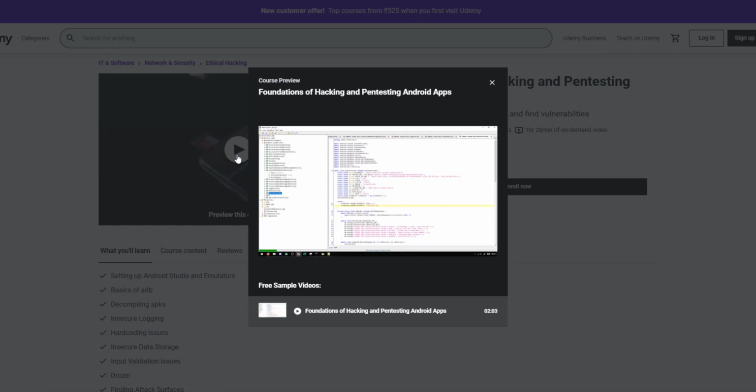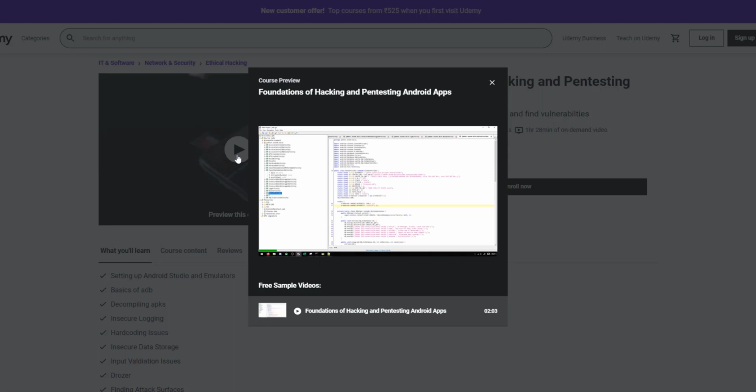My name is Scott and I'm a general security researcher as well as someone who specializes in working with Android applications and finding security vulnerabilities in Android applications. My goal with this course is to teach you a lot of the fundamentals and foundations of Android hacking. Being able to take a look at an APK, decompile it as I'm showing here now, and be able to